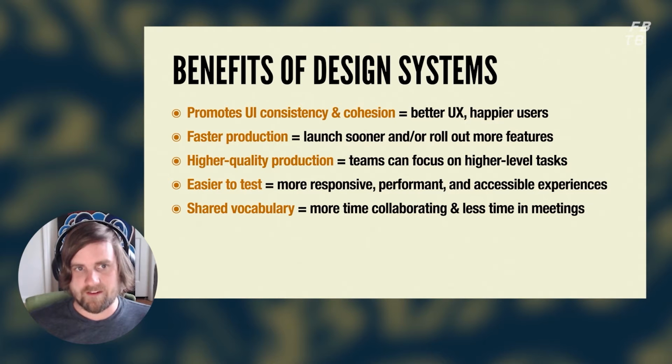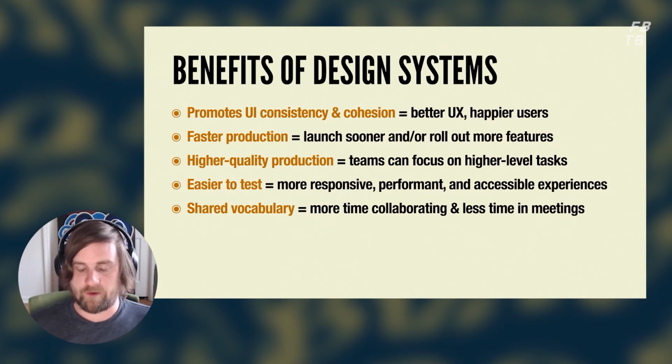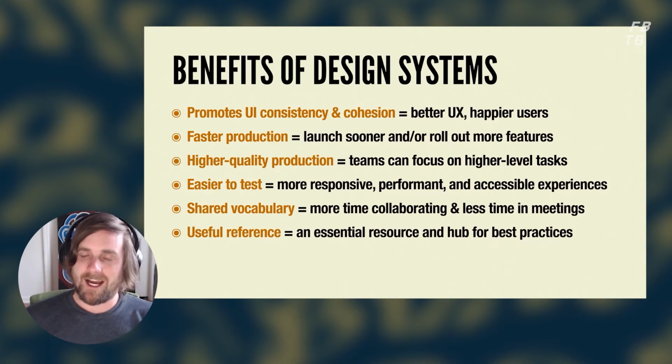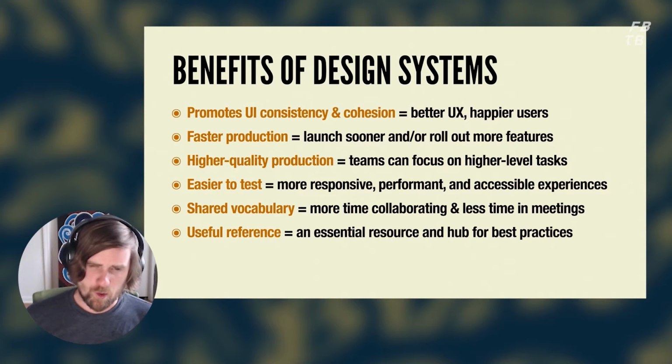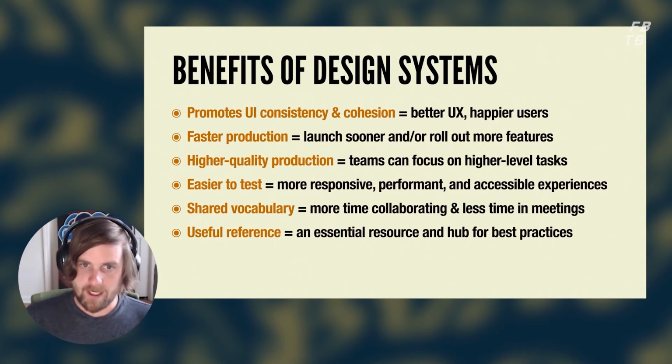A design system unlocks a shared vocabulary between disciplines, but also between teams as well. So designers and developers and product people and copy people and content folks and anyone responsible for the success of your digital products are able to speak the same language whenever it comes to your user interface. And that unlocks so much. You spend less time in meetings or bickering in between people, which is huge. A design system keeps being a useful reference as teams, as practitioners go about their product design and development work. Should I use an accordion here? Should I use tabs? The design system's reference site can help give people guidance along the way